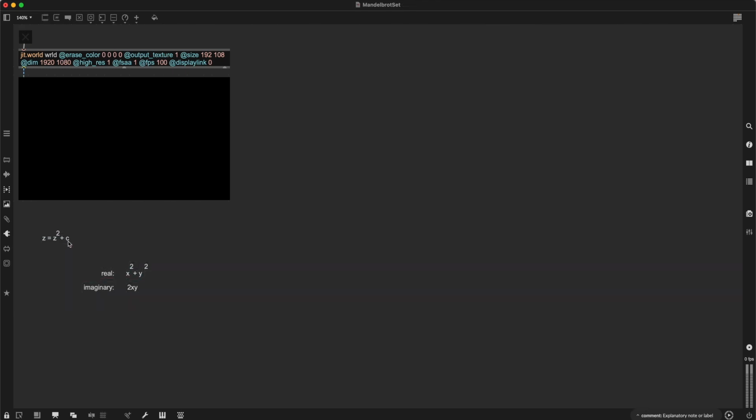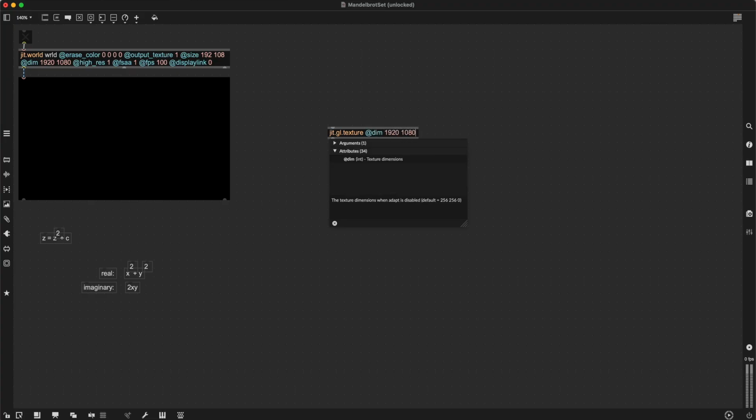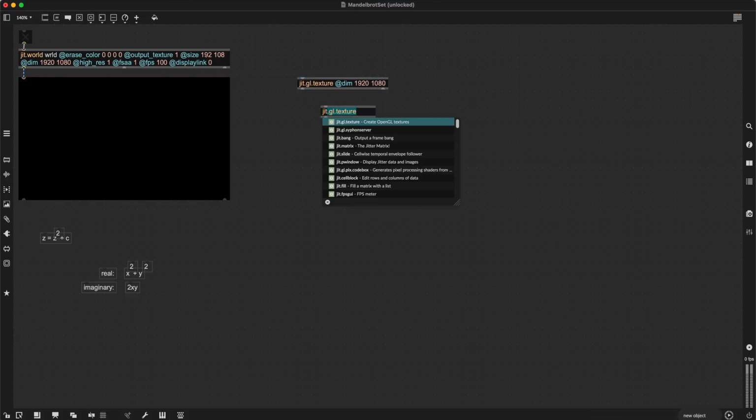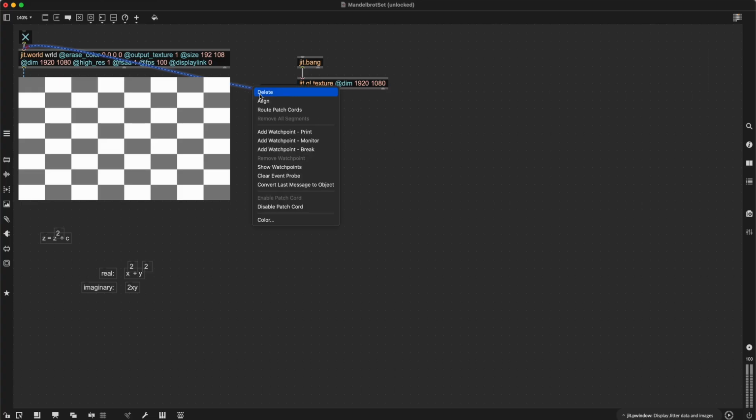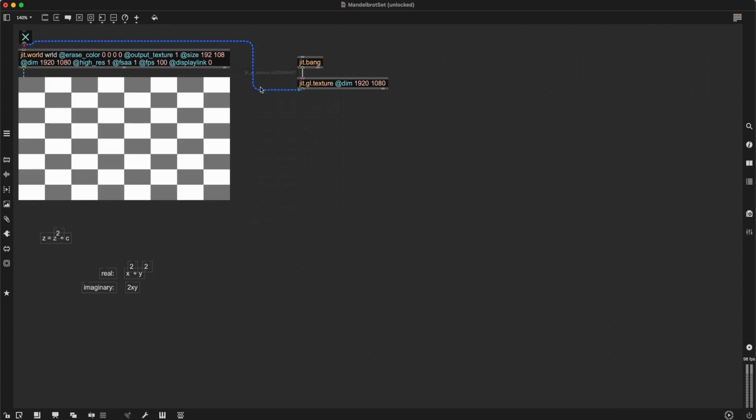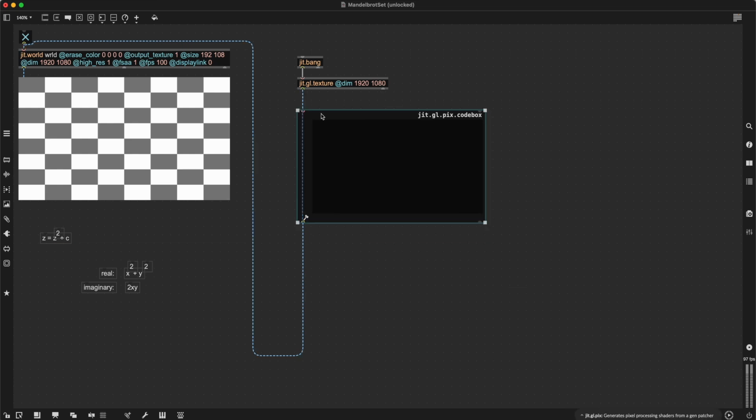Okay, I think now we can start patching. So as an input, I will use a texture with dimensions full HD. Then a jit.bang object, so this will bang on every frame. We can already plug this in here. And then we can use a jit.gl.pix code box